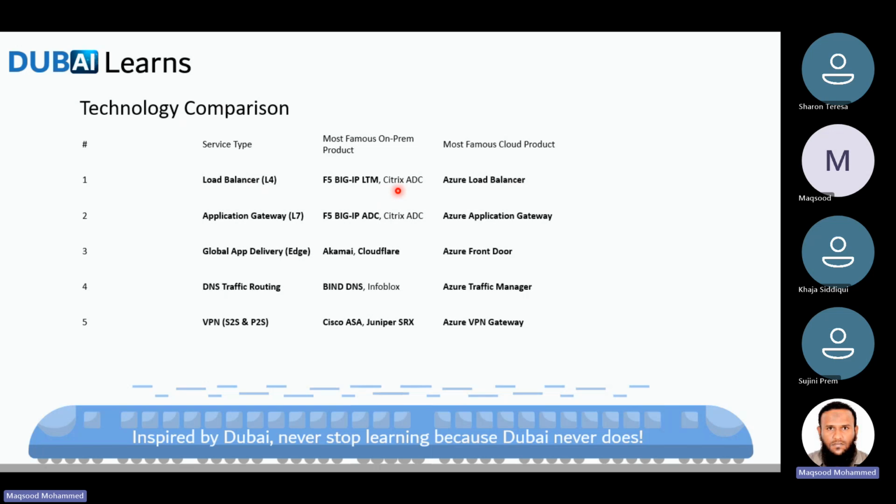So F5 is one of the products which is very commonly used, famous for on-prem solutions for similar technology. There's a product from Citrix as well. If you have heard